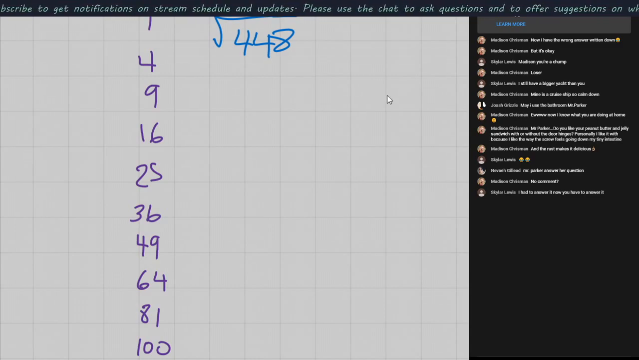Without door hinges. I don't understand why you're eating door hinges with your peanut butter and jelly sandwiches, but